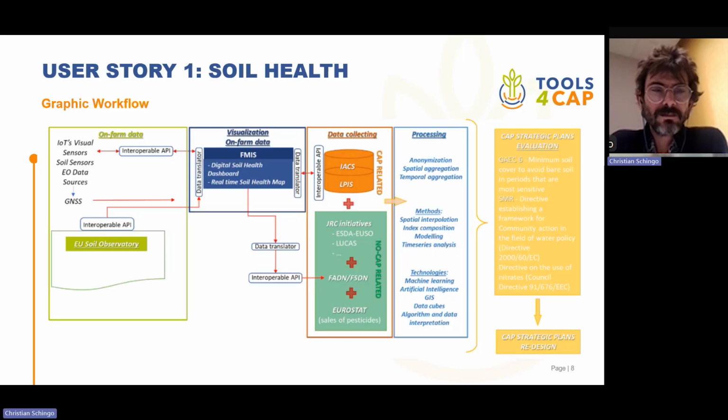Another important thing that we can use on the on-farm data is the EU soil observatories that serve us as base map, okay, of the situation. Via API systems,